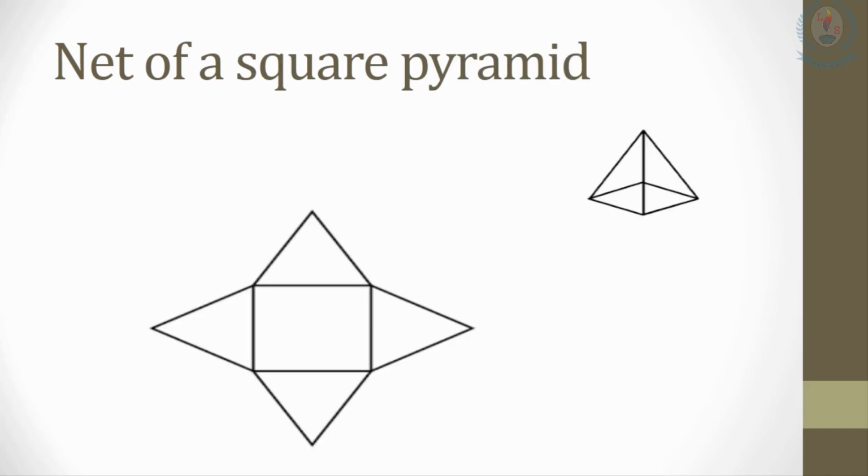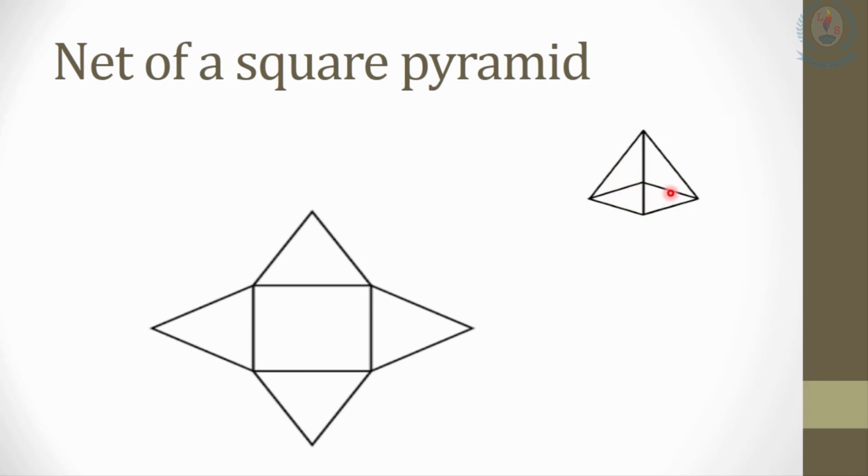Here you can see the net of a square pyramid. I think you can remember you have learned about 2 types of pyramids. One is a triangular pyramid and the other one is a square pyramid. Here you can see the square pyramid. I will tell about the sides